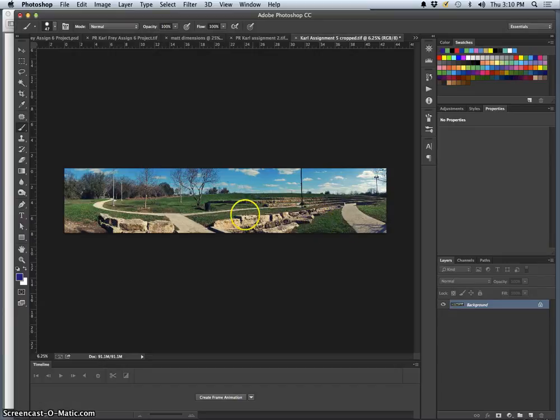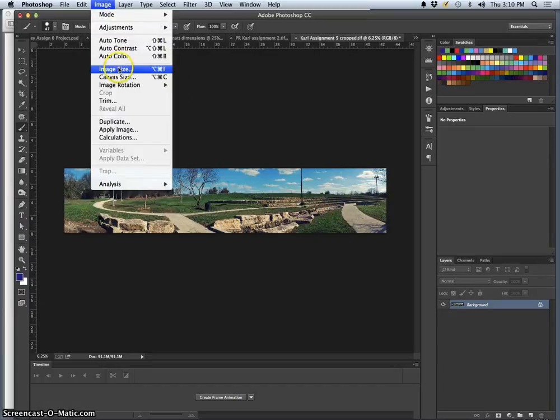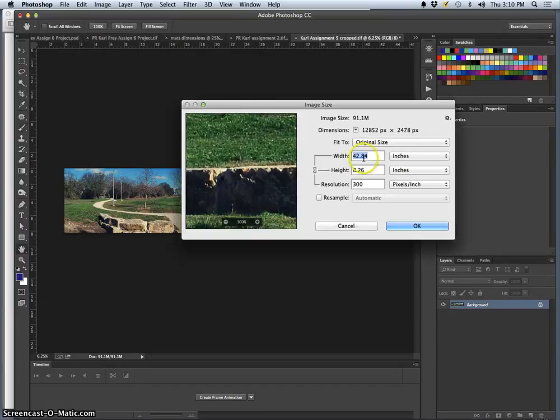Right? Now I can flatten the image, and now I go to Image Size. And this is very long, not very tall at 300 pixels per inch. So the first thing I